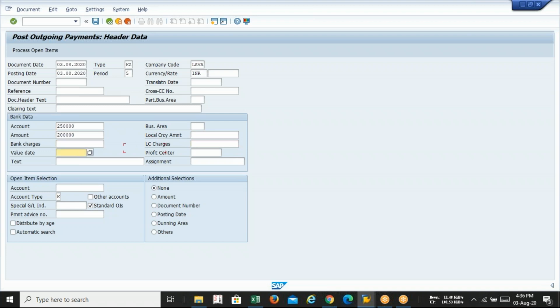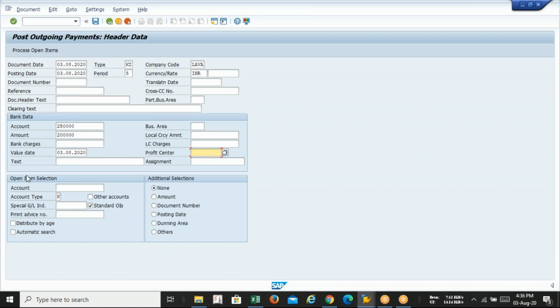Since you are using the bank GL and you know that value date will be compulsory, you have to put the same date as a value date in the transaction also. If you are not putting the value date in the payment configuration, your transaction will show an error message.